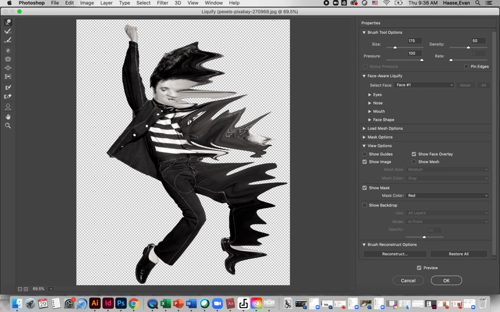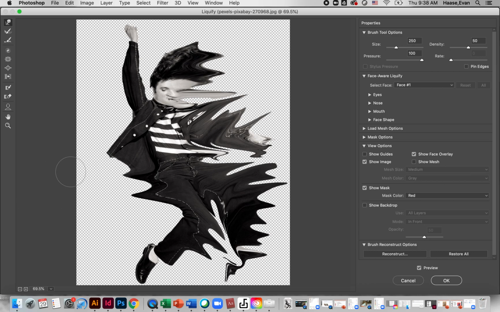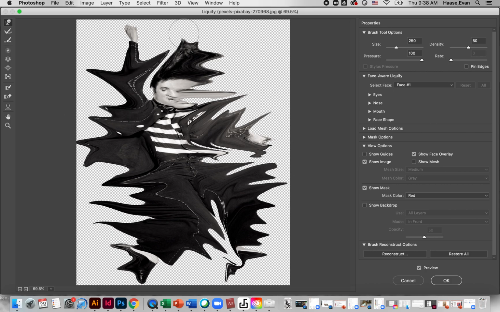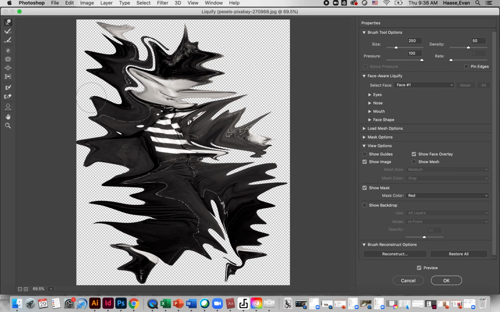Go all the way around, down through. Again, we're not going to damage the photo too much because we're going to have that second copy that we're going to use, but definitely want to have some good traveled stuff here for that dispersion effect. So I'm going to keep traveling, keep pushing, keep pulling. Really just kind of like